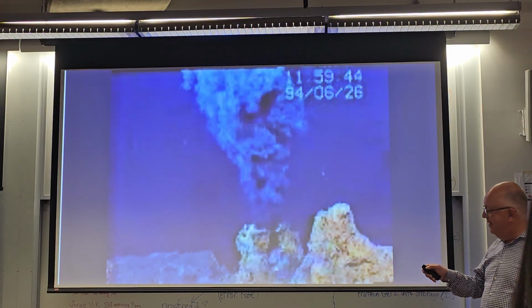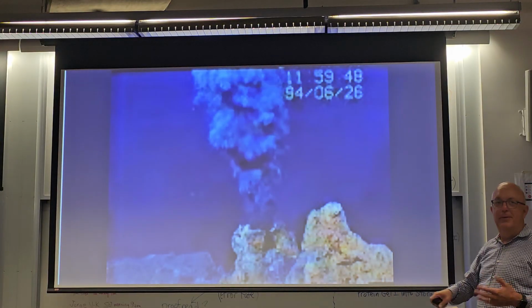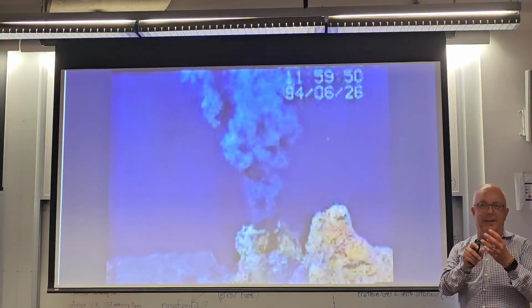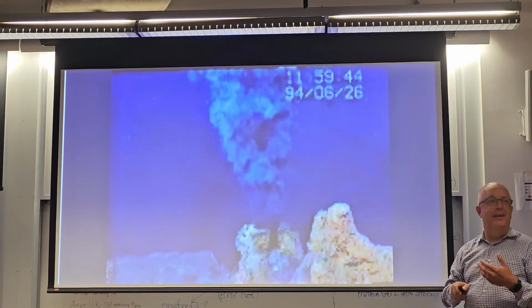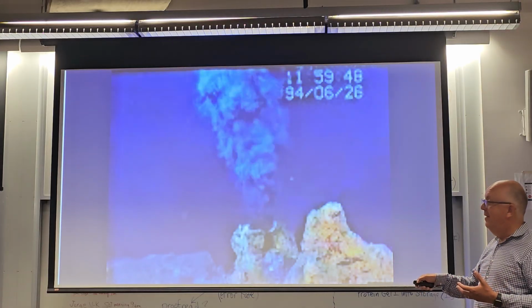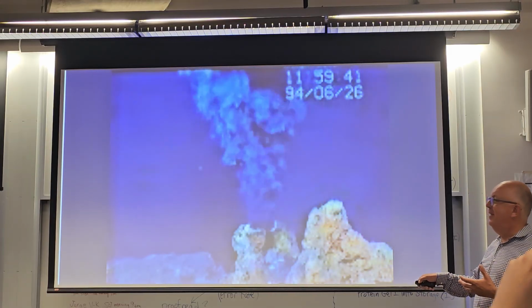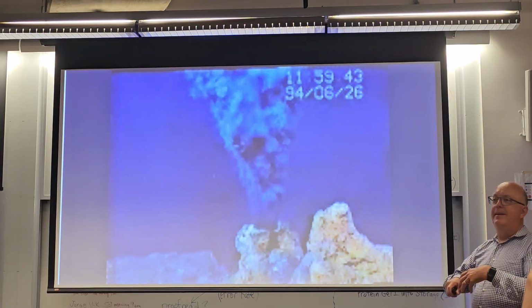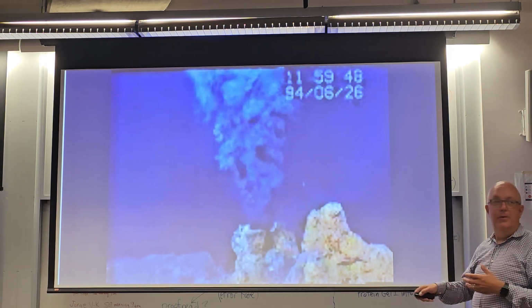And so this is an amazing feature here. Right in the middle here, there's superheated water that's percolating up through the Earth's crust. Right in the middle here is about 300 degrees centigrade. It's super, super hot. And the water is around 4 degrees, super, super cold. So when the superheated water percolates up, all the minerals precipitate out and form these beautiful cones at the